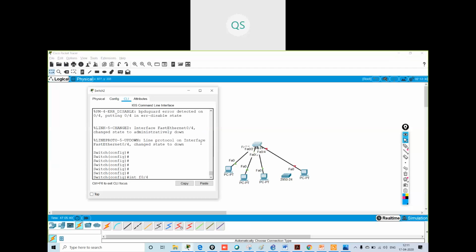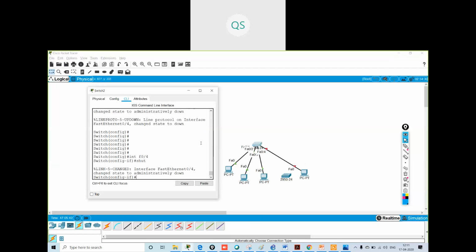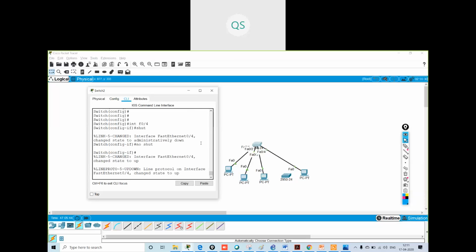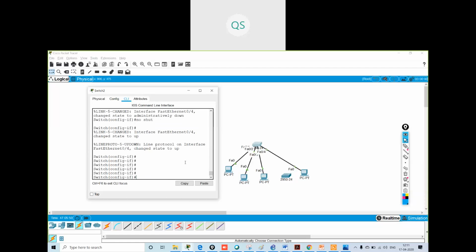You have to go inside the interface and say shut and no shut. Once you give this command, the port will come up and the port fast feature will run automatically. This is the first way. But what is the second way? The second way is